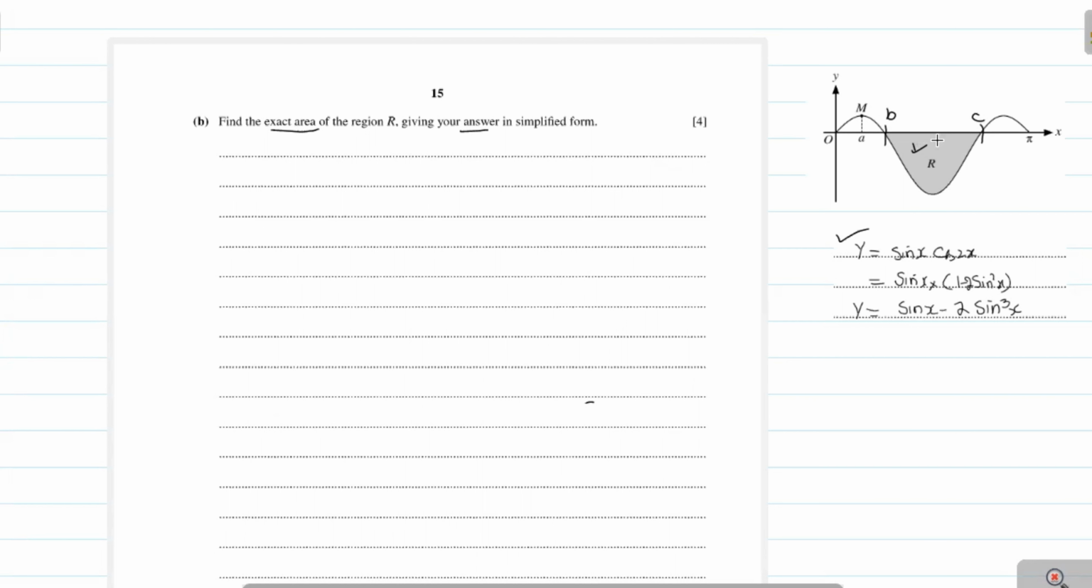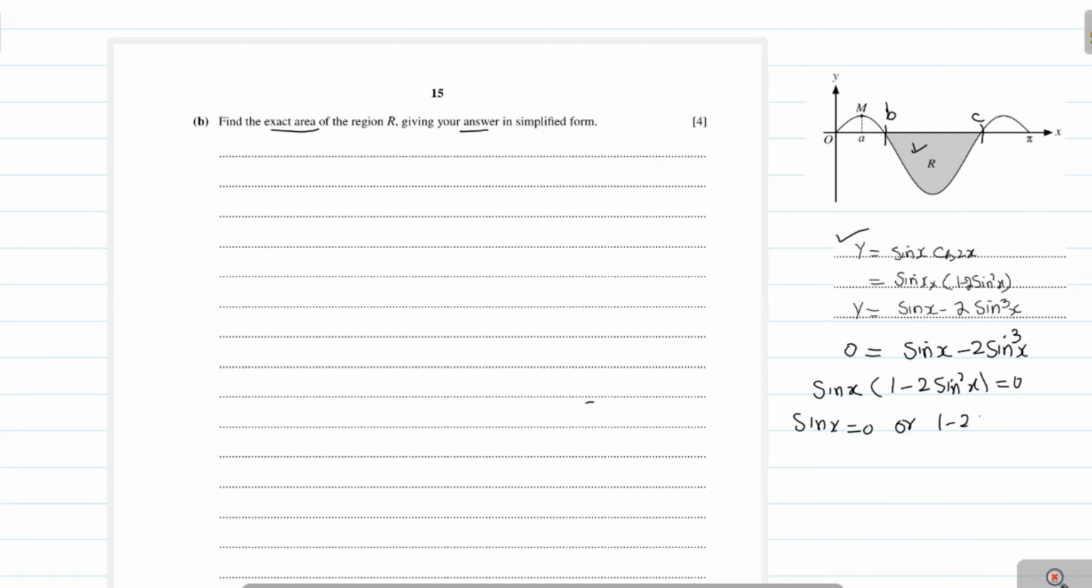Now at this position, the value of y will be 0. Therefore, we can calculate this intersecting point. If we substitute y equal to 0, this will be equal to sine x minus 2 sine cube x equal to 0. Now we take sine x as common. This becomes sine x into 1 minus 2 sine square x equal to 0, so sine x equal to 0, or